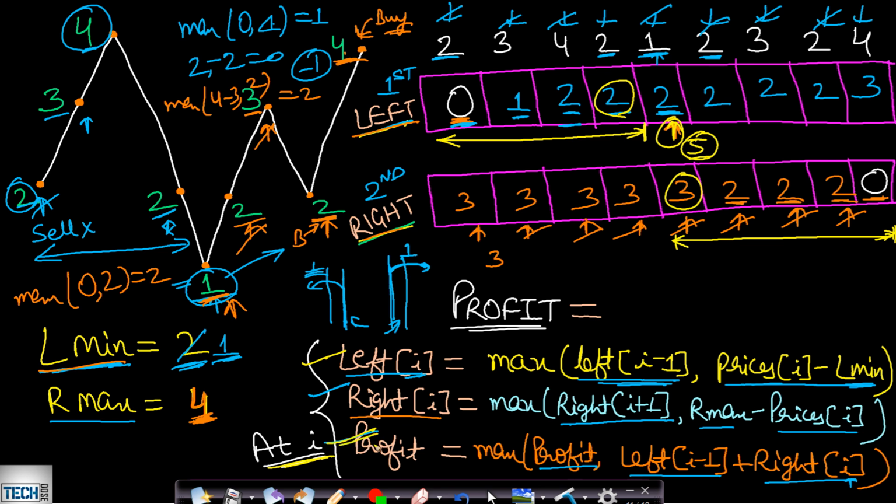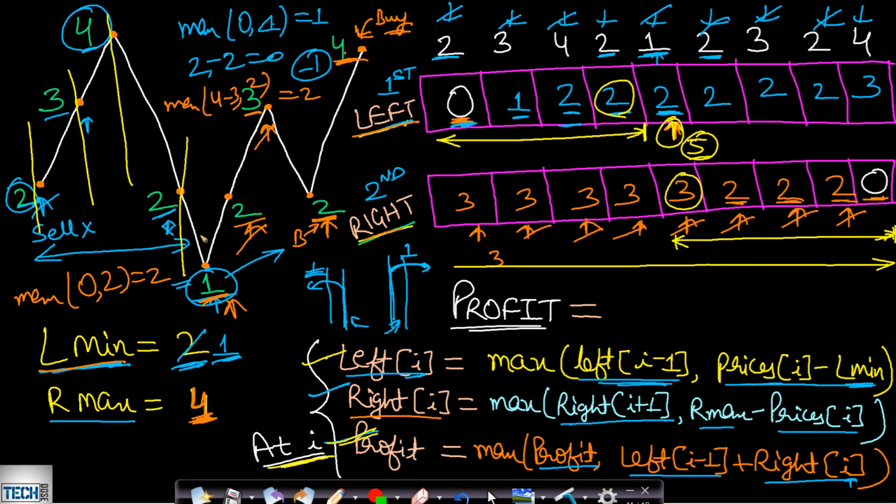So for this profit part, what we will do is we will scan through this entire array once. Why are we scanning? Because we need to put the divider lines at each and every point and find out the maximum profit. We will take the maximum of all these divider lines. So that is why we will be scanning through this entire array. So this process which I have explained will get repeated for each and every point. So initially the profit will be initialized with right at 0. Okay. So in this case the profit will be initially 3, and then we will be starting with this point, which is this point.